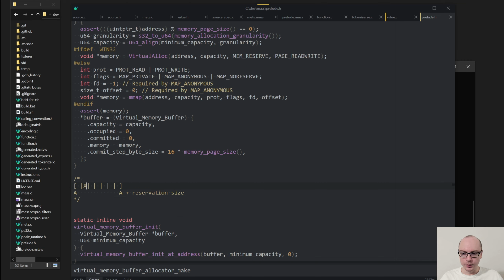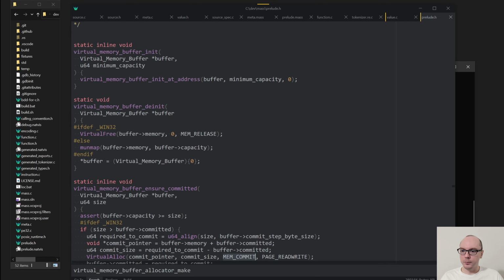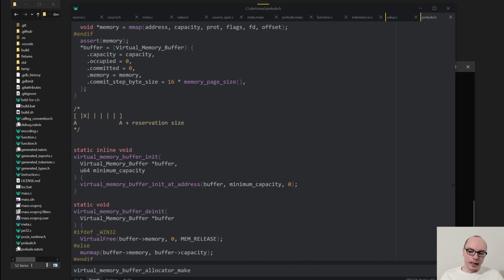So when you actually read or write to a particular page, a page fault happens in the kernel. You could theoretically install your own page fault handler, but it doesn't really matter. The point is that whenever you try to read or write to committed memory, so not just reserved, but also committed here,